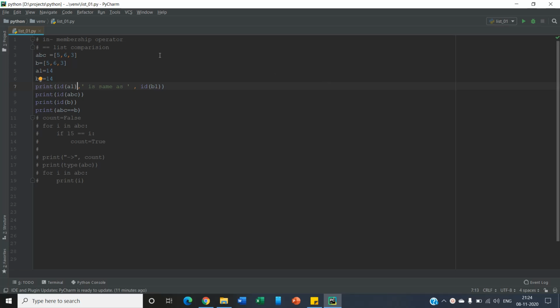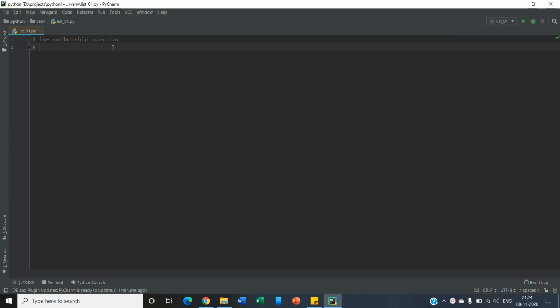So today we are going to discuss list comprehension. Now, what is list comprehension? List comprehension is a creation of a new list on the basis of existing iterables. For example, let us see first of all list comprehension, right? So what we are going to do, we are going to create a list on the basis of